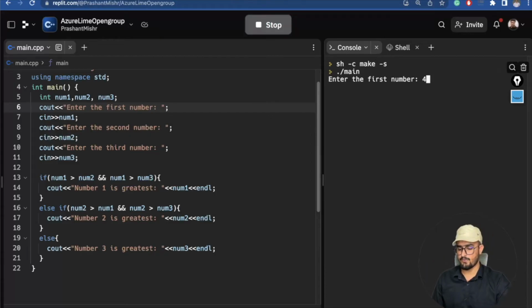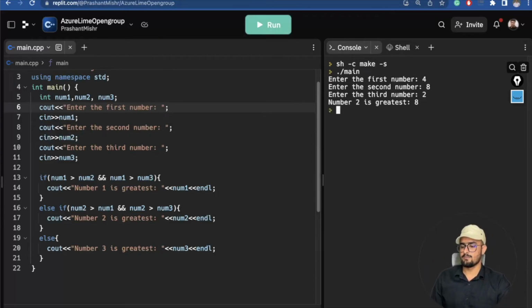I'll write here 4, 8, 2. So my second number is greatest, which was number 8. I'll write 9, 6 and 3. So it says my number 1 is greatest, which is number 9. So this is how we approach our problem, and this is how we solve greatest of 3 numbers inside your